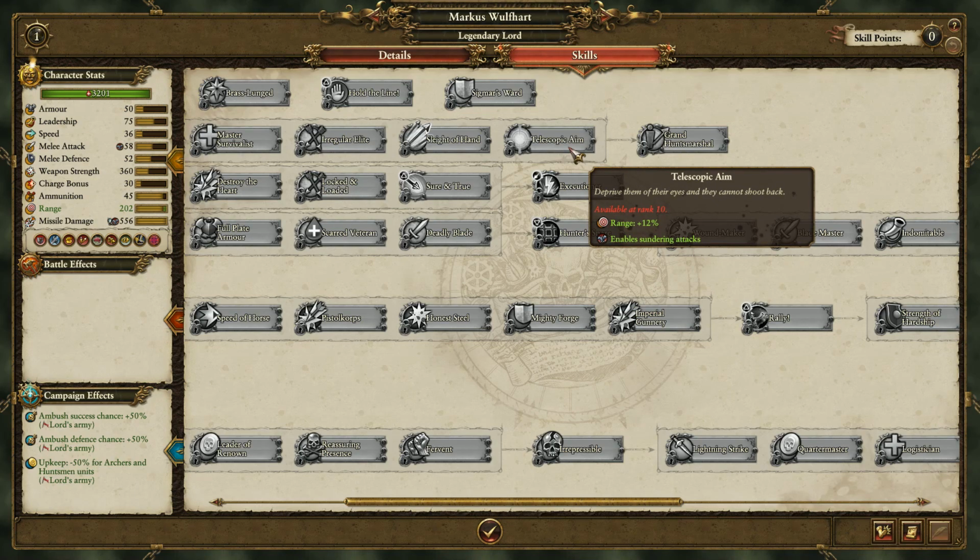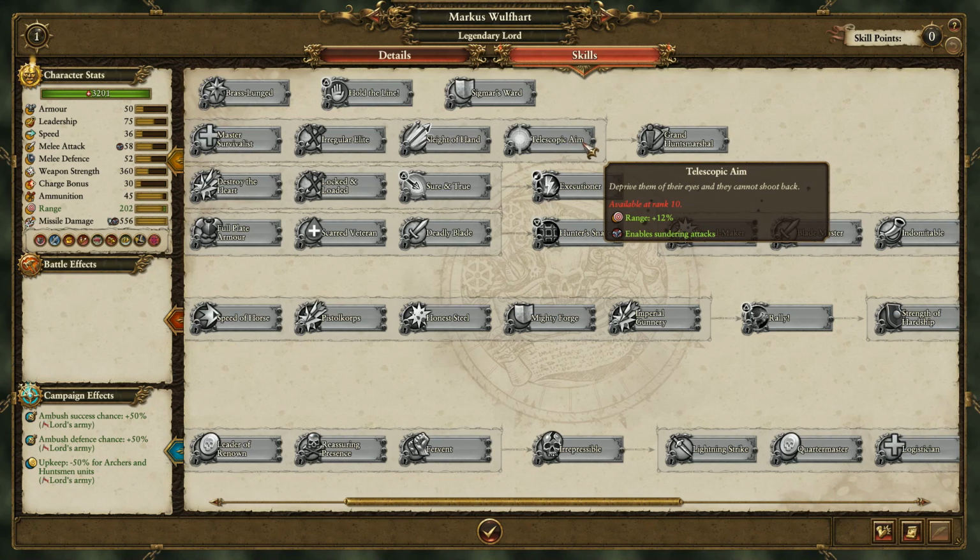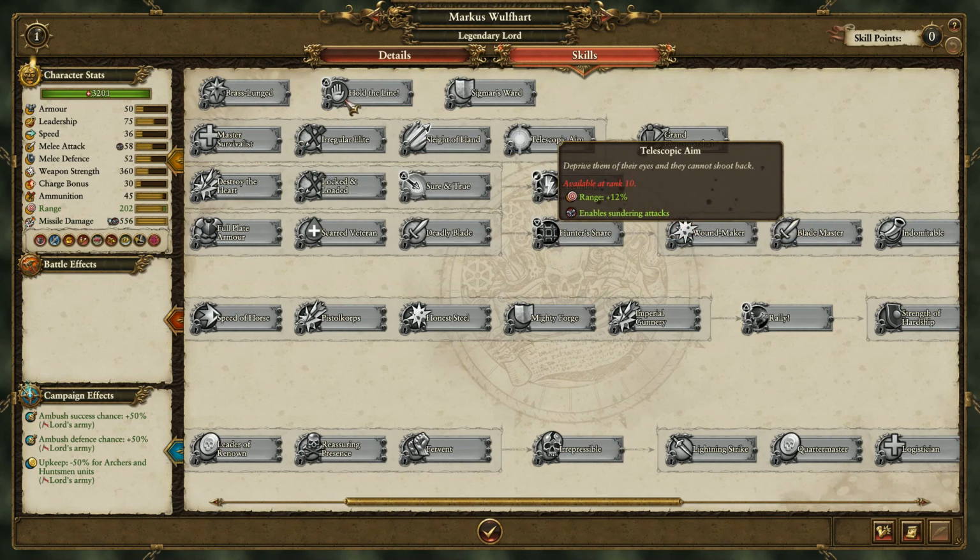Telescopic Aim plus 12% range and enables sundering attacks. In case you're wondering what sunder does, it reduces armor. So I think the sunder effect reduces armor by 30, unless it's a unique one. Let me...